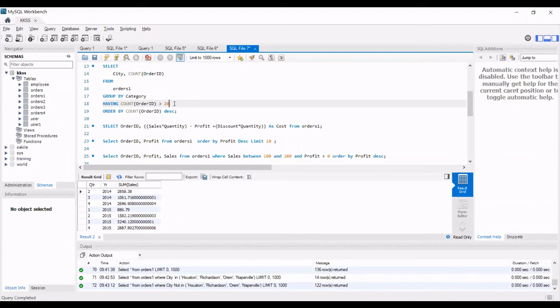Once those filters are applied, the group by will be applied on that result, and on the result of that group by, the having filters will be applied. Basically there's a priority of filtration.